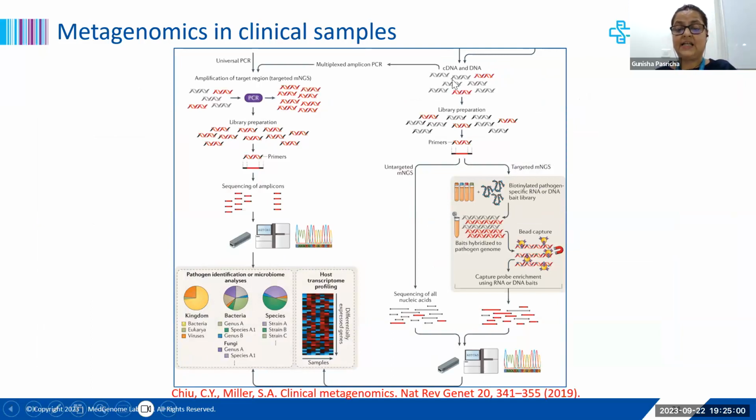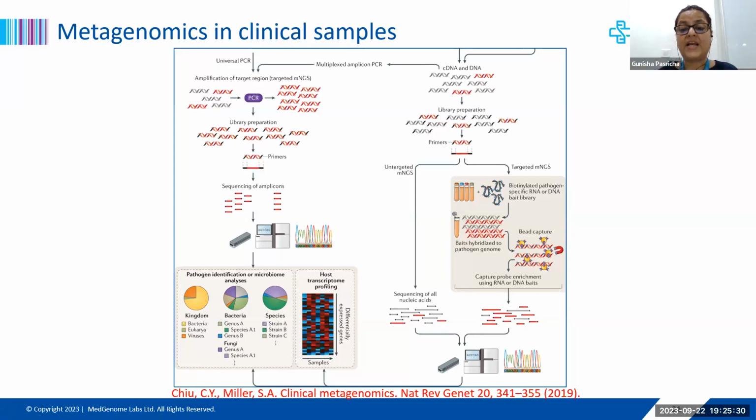While in this case, there are two approaches again in the metagenomic approach. We go ahead with cDNA and DNA conversion, and then again we have a hybridization protocol. Basically, if we want to target certain organisms, certain bacteria or certain viruses, then probes could be added. So something that we do here is we follow a metagenomic approach, and then we have a hybridization step involved, where